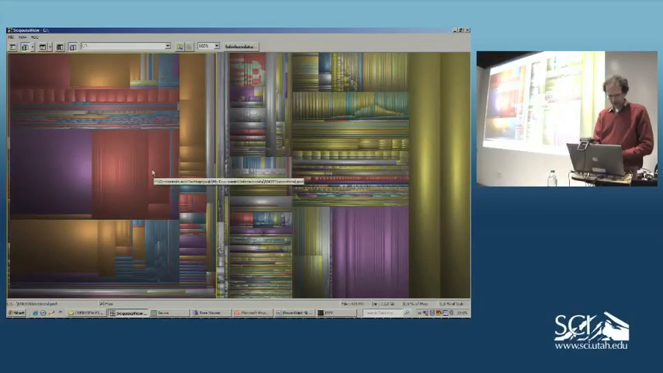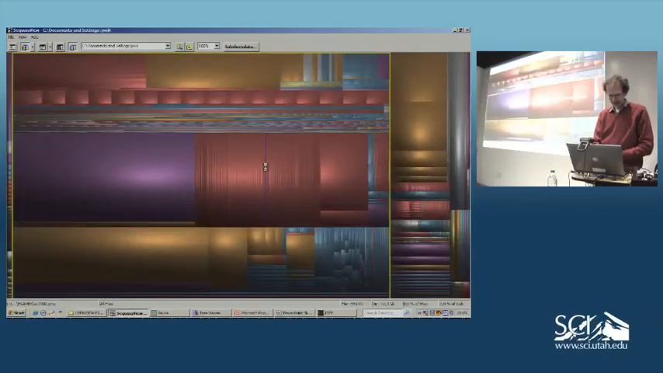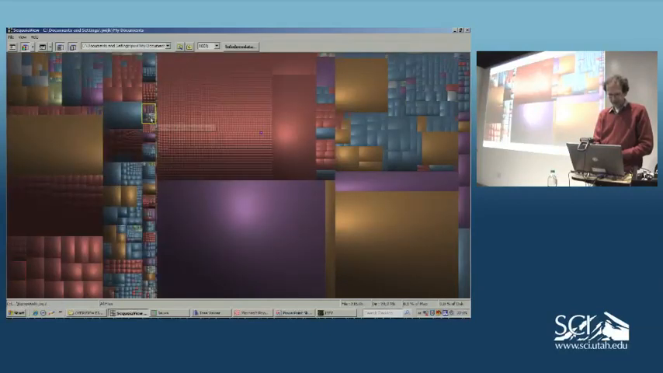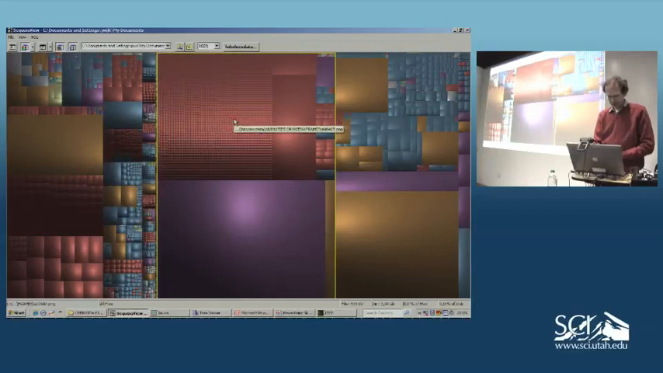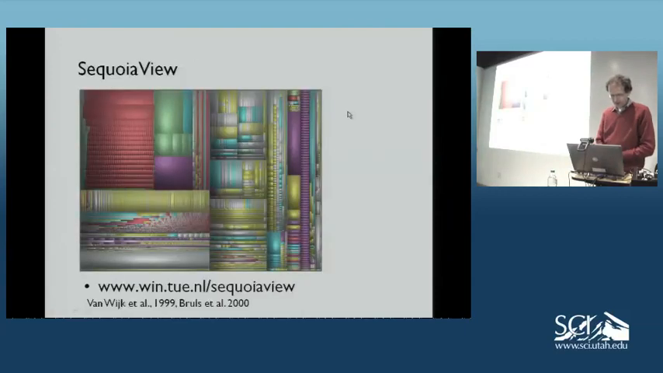You can zoom in, see more detail. And there are different ways to tune the layout. Here, for instance, you have a so-called squarified layout, in which we try to make the rectangles as square as possible, and that makes it easier to point at them. Okay, this is a tool called Sequoia View, which you can still download from the web to have a look